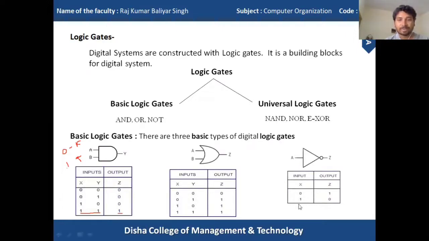For A is 1, then we are getting value 0. So here the negation operation is done with this NOT gate. Negation operation means if A is a false value, then the result will be a truth value, and if it is a truth value, the result is a false value. So this is all about